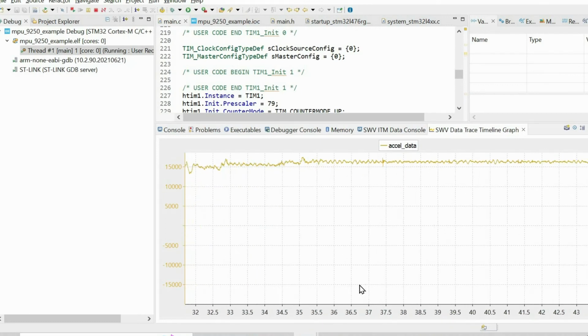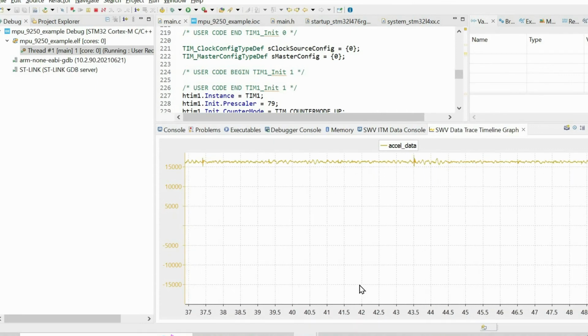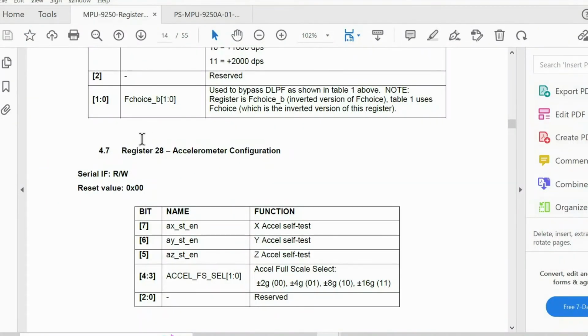So next, I'm going to show how to configure this parameter by sending data to the IMU sensor. So let's transmit data to the IMU sensor to select a different full-scale range. On the register map, we can find this register, which is called accelerometer configuration. We can use this register to select the full-scale range. By default, we have this value. That's why we get around 16,000 when we align the x-axis with the gravity, because 16,000 is around half